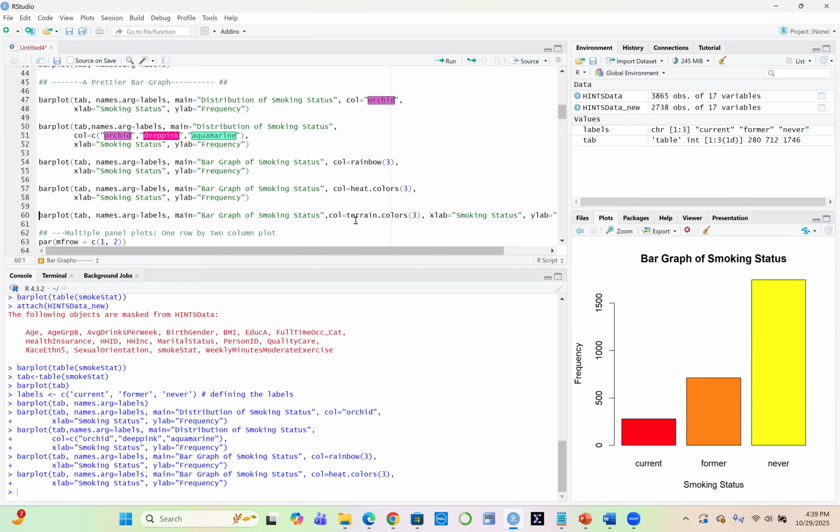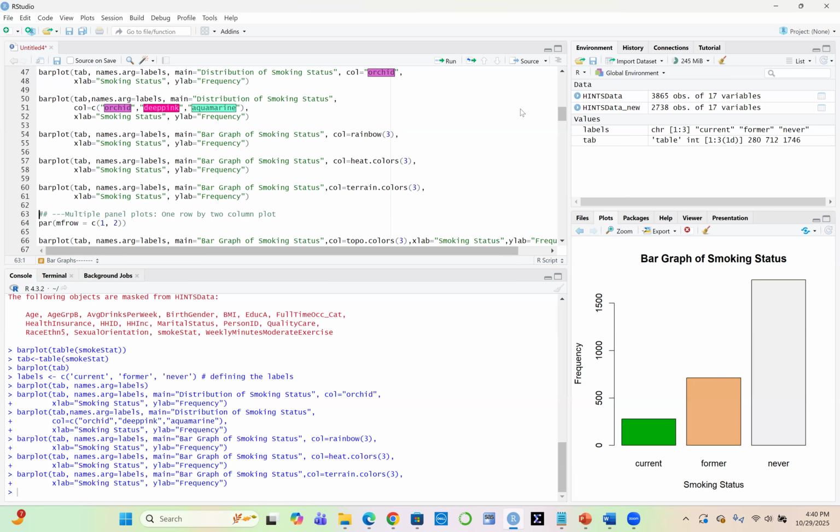And then we also have the terrain colors. Again, we can enter here just to shorten our code. Using the terrain colors rather than the heat colors, we can also get 3 different colors for our plot. Let's run that line of the code. So these are the terrain colors. Again, we could have changed the title from bar graph of smoking status to distribution of smoking status